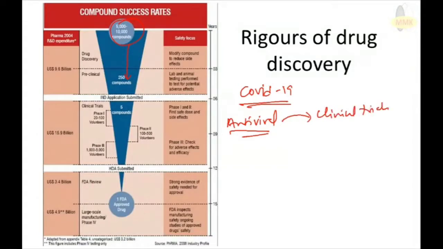In one statistical analysis, scientists found that if you started from 5,000 to 10,000 molecules, you would end up with 250 molecules with antiviral property, out of which there is a chance that 5 compounds can go to further clinical trials, and out of which 1 molecule may get approval from FDA. See, 5,000 molecules to 1 molecule. And that too may or may not happen. That's a question mark. Another problem is, even if you get it approved, at what cost?